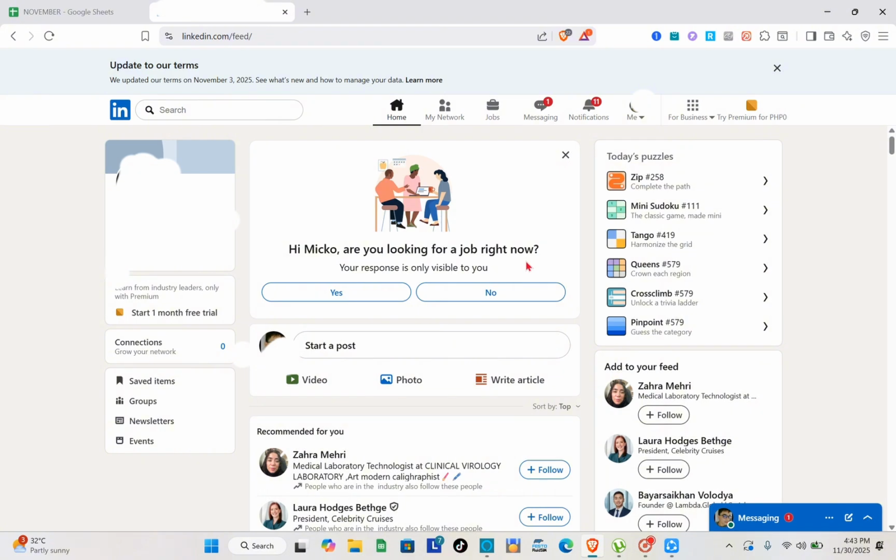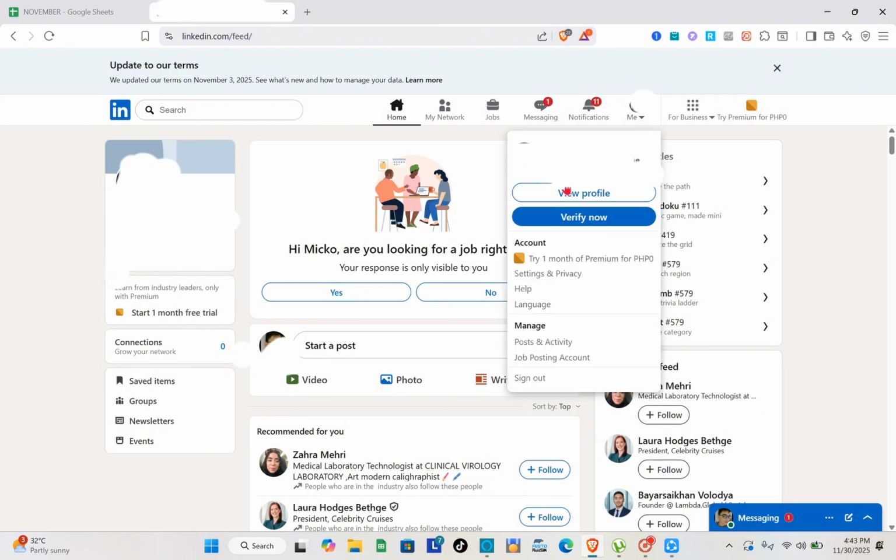In this video, you will learn how you can add a custom URL in LinkedIn. So first thing that you're going to do is to log into your LinkedIn account. Okay, and then after that, you have here the Me option. So you just have to simply tap on this one. Okay, and then you have to tap on the View Profile option